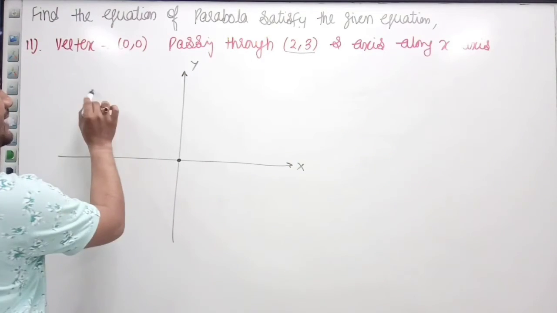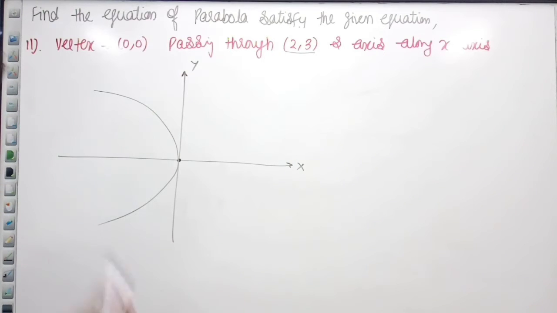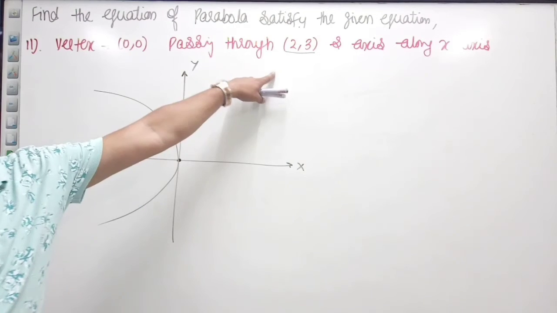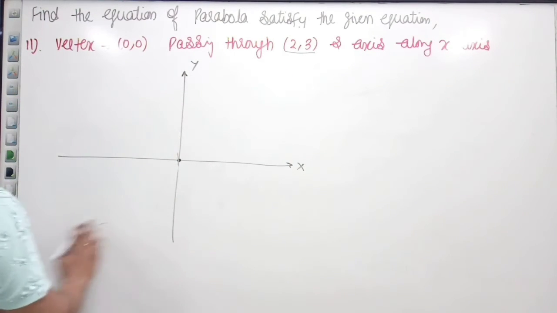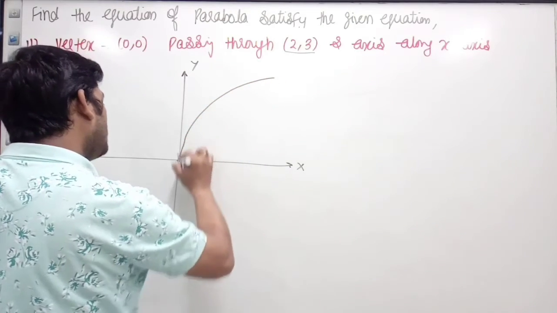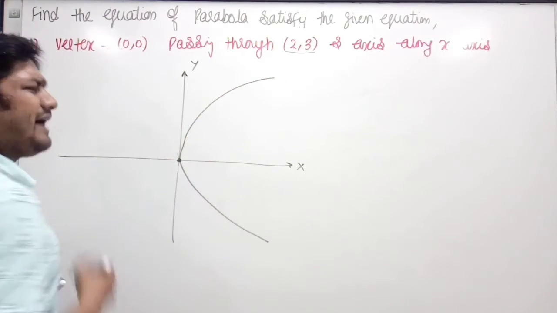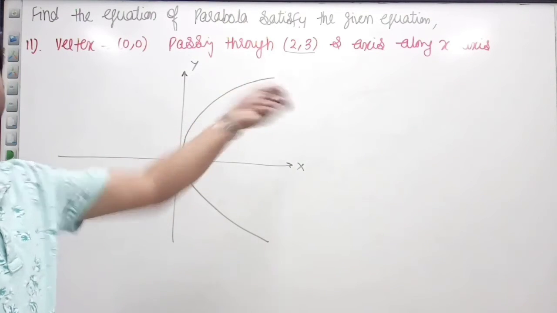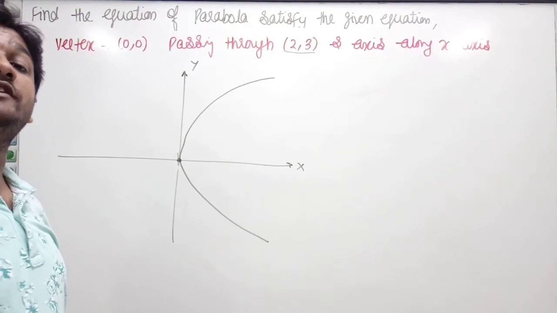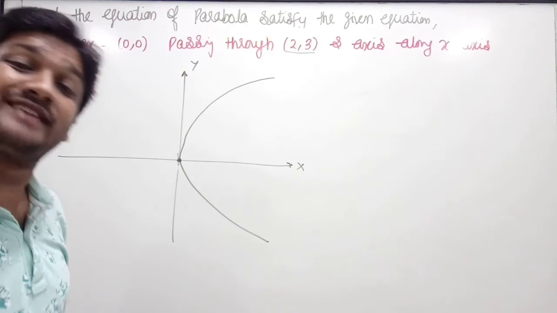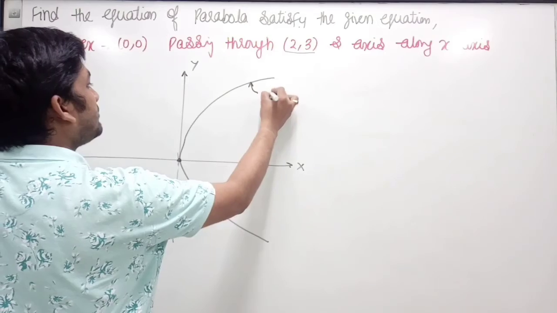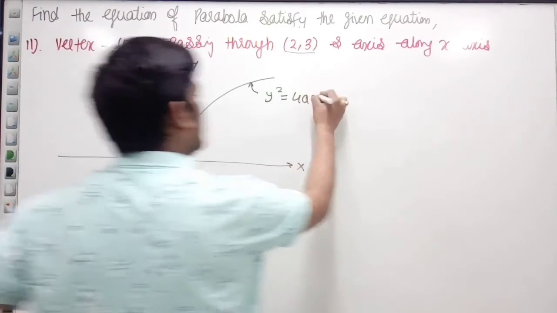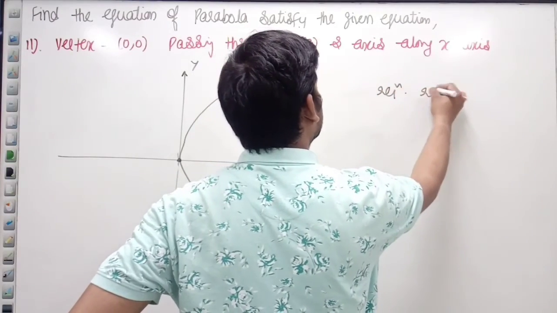If I draw any parabola on the left hand side, can it pass through 2, 3? No, because this 2, 3 lies in the first quadrant. So this is wrong. If I draw it on the left hand side, it is wrong, so we have a parabola on the right hand side. Why not upward? Why not downward? Because the axis is along the x-axis and a parabola always bends towards the focus, towards its axis. So the required equation of this parabola is: